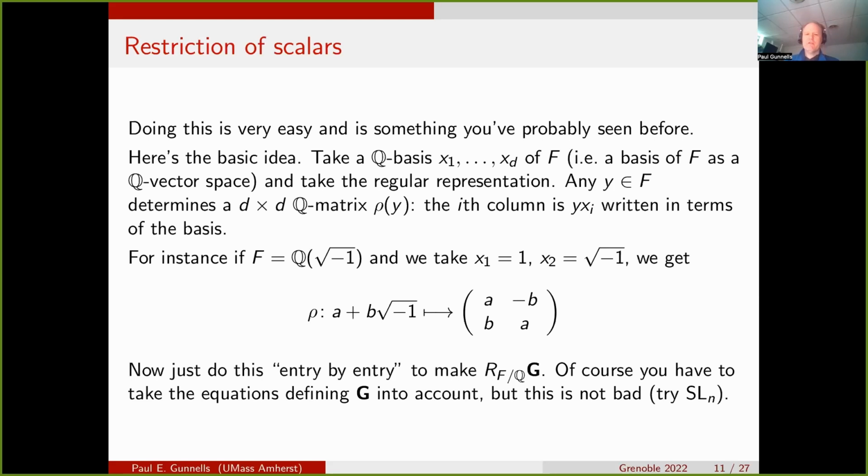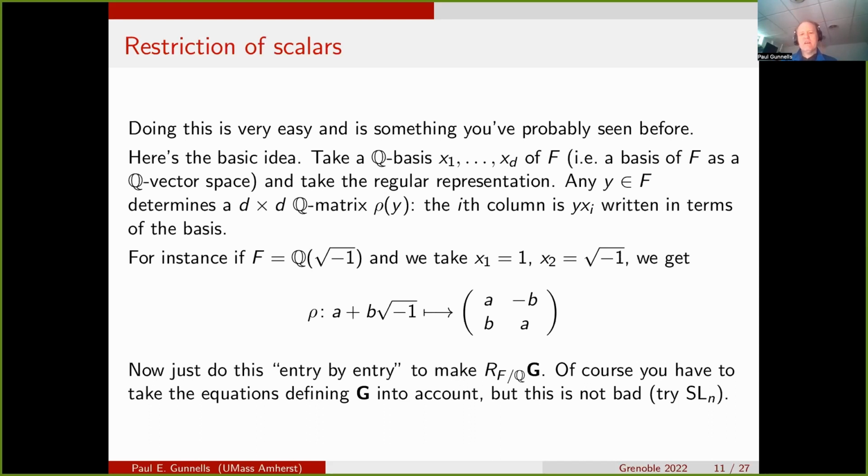So now if you want to do that for groups, to make a group, you just have to do this kind of entry by entry in the group. If you want rational things that are reproducing F things, you're basically doing this for every element of F in the group. In fact, if I wanted to make GL_n over F, I could just do this as I've written and make a big matrix of nd by nd with those rational numbers.